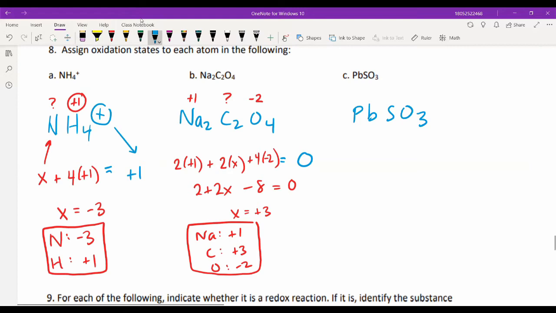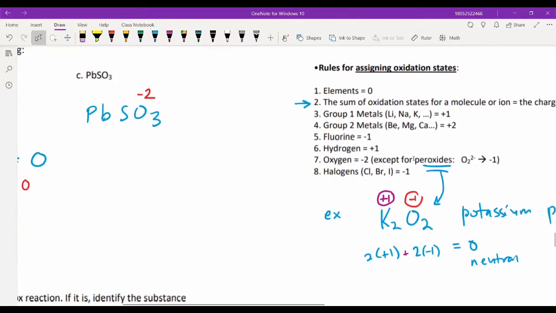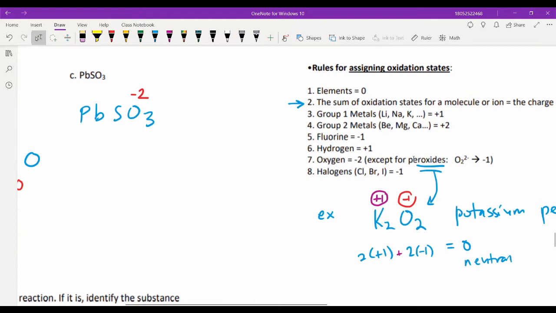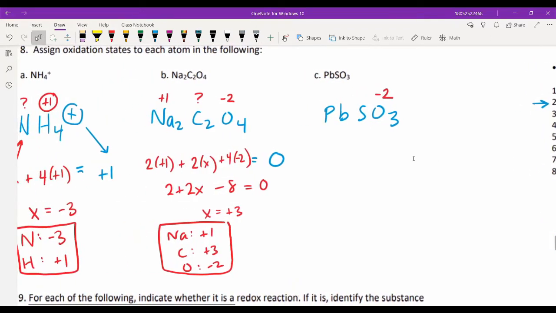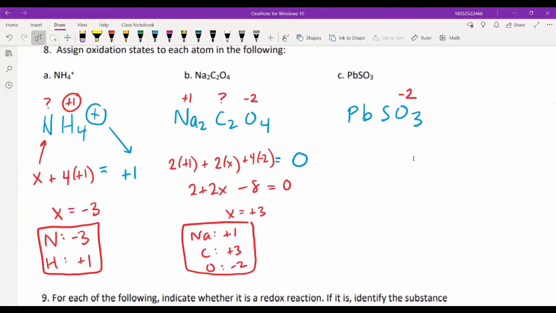Okay, so with this one, if we go down the list, basically the only thing we can assign is oxygen. We don't have a rule for lead. Lead's a metal that can have various charges. Sulfur also, there's not really a rule for. It can have various oxidation states. So you might be kind of stuck here, but what I'll point out is